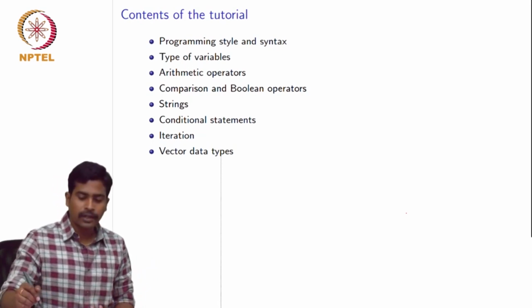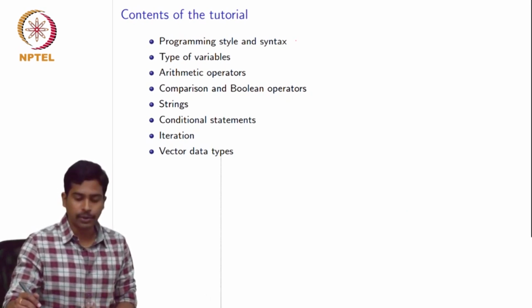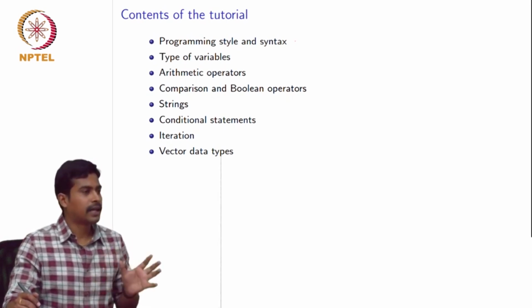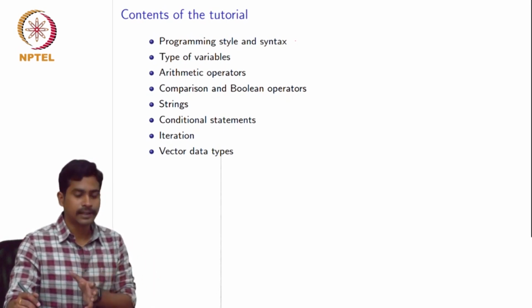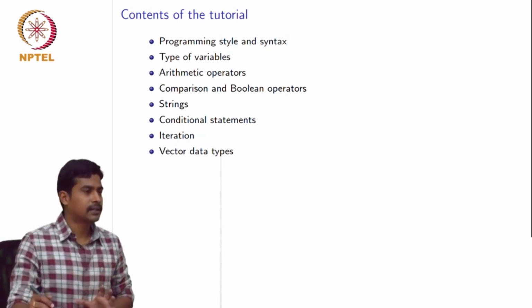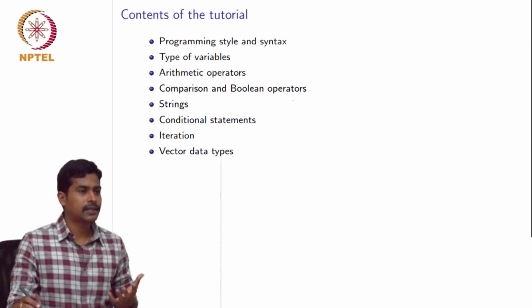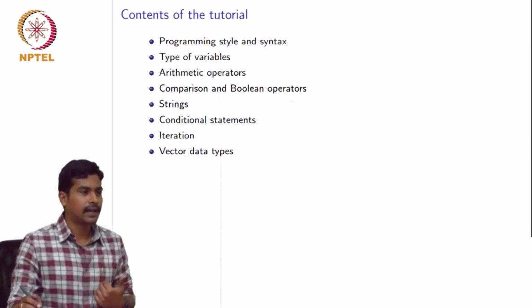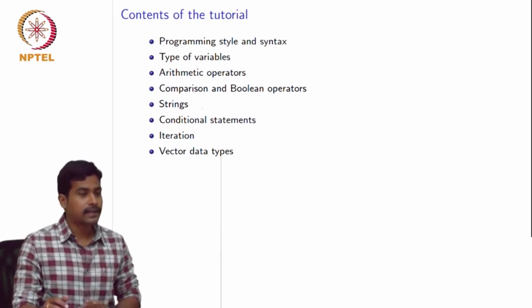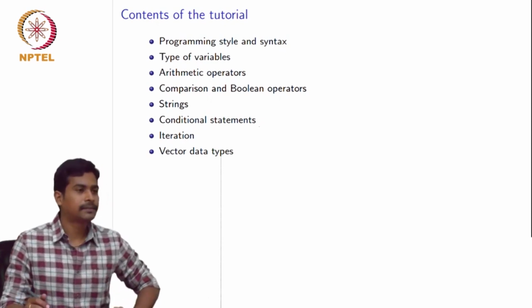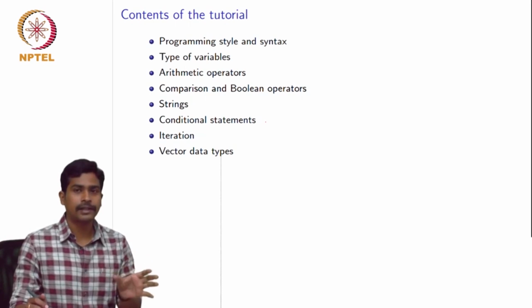So these are the important topics that I will be covering in today's tutorial. The basic programming style of Python, and the different types of variables like integers, floats and booleans, and the arithmetic operations on these variables like adding two numbers, division, multiplication, and we need some comparison operations to see if a number is greater than or less than a given number, and strings to give some sentences or something like that, and conditional statements to see if a given condition is true or false,